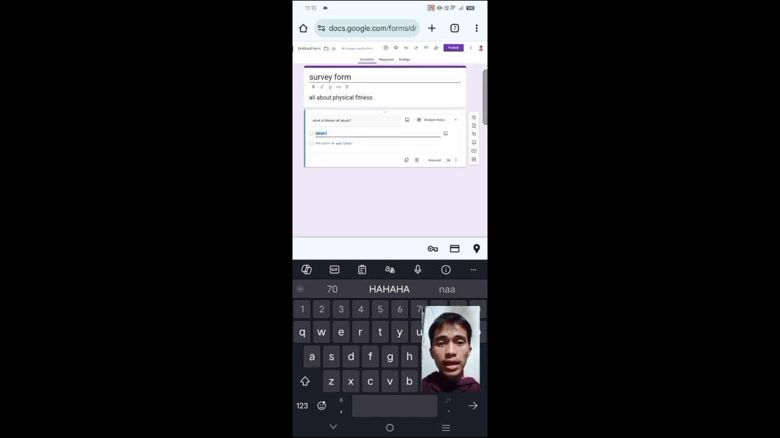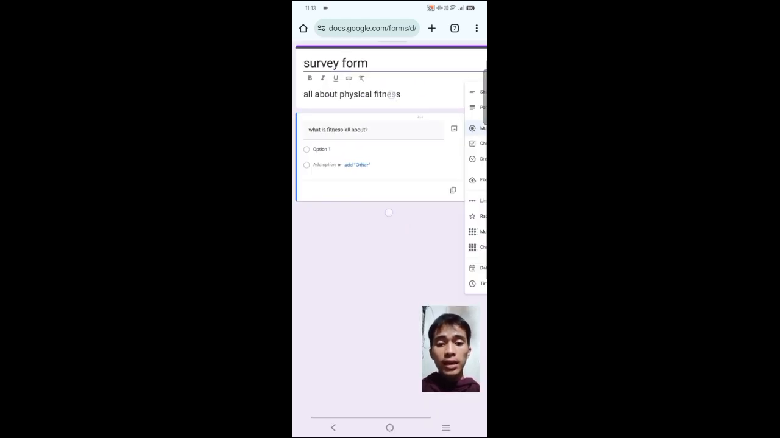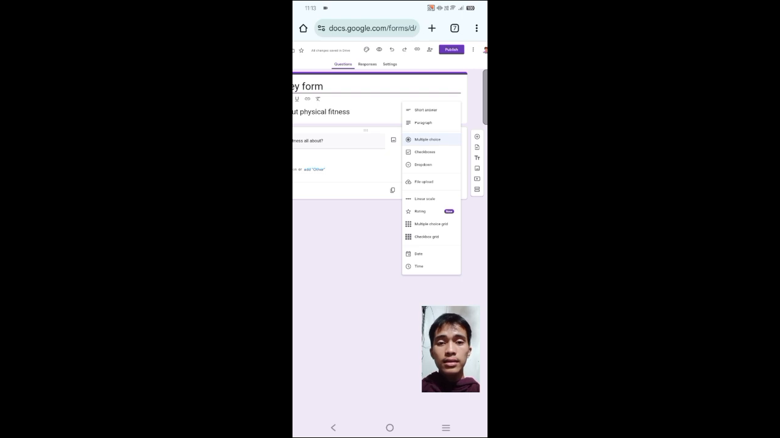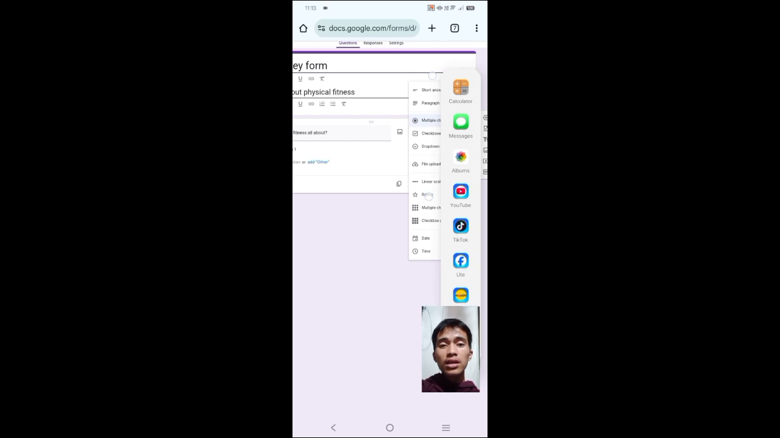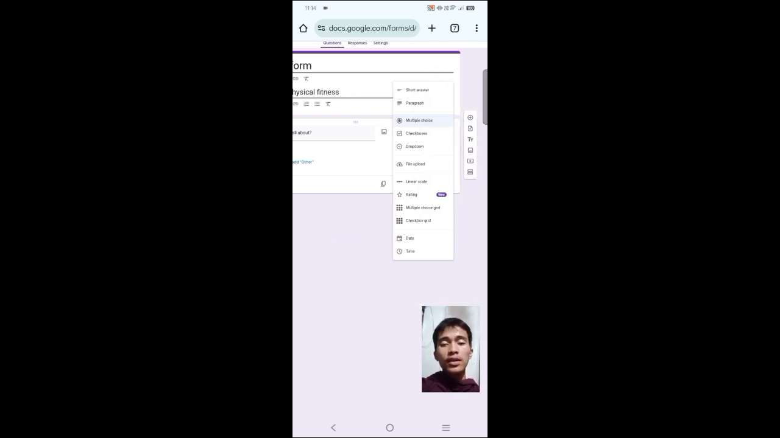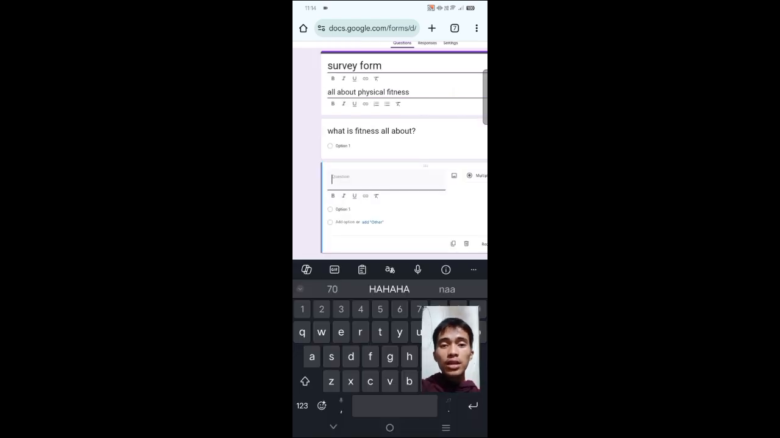And this is how you customize how their answer or how our answer works. Like you can create short answer, paragraph, multiple choice, checkbox, drop down. You can upload a file, linear scale, rating scale, multiple choice grid, checkbox grid, date, time. And that plus sign is how you add a new question,